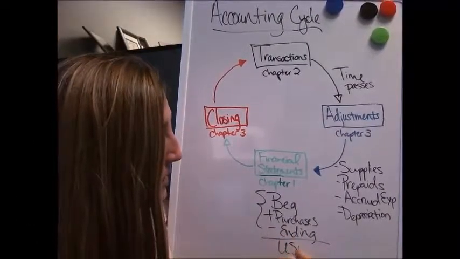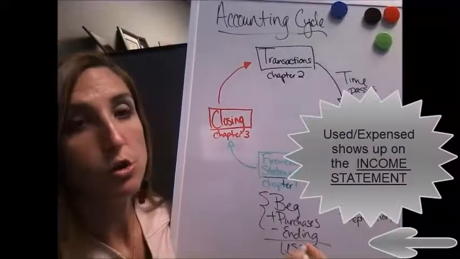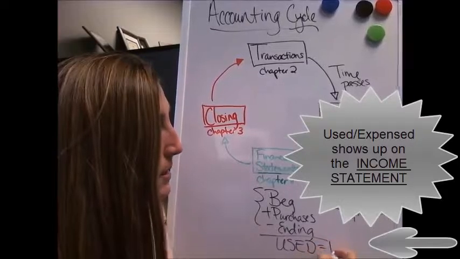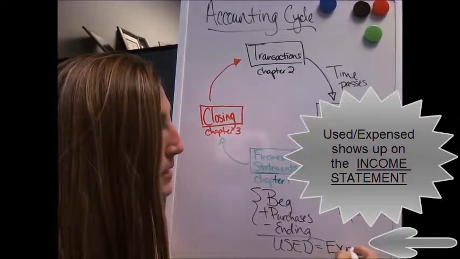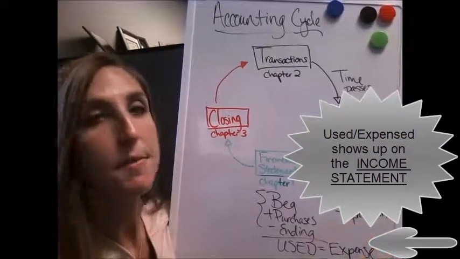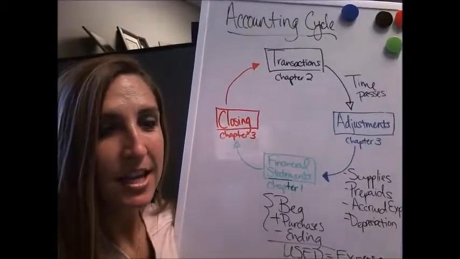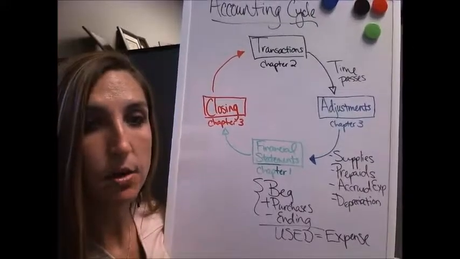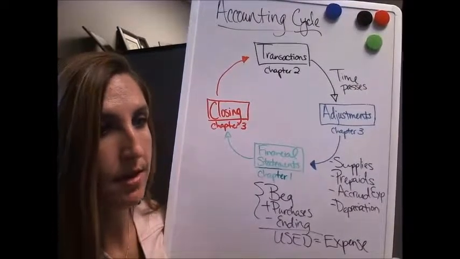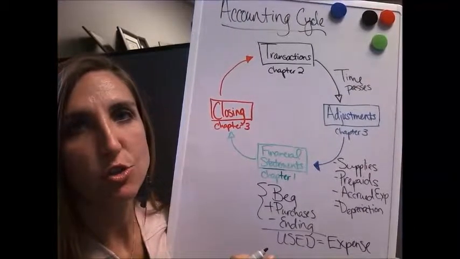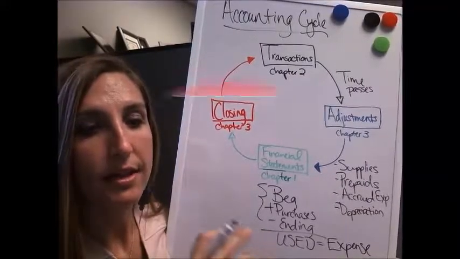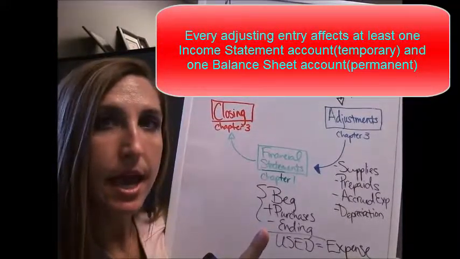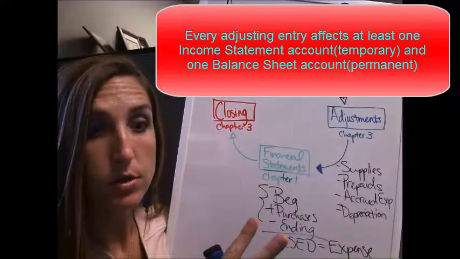That amount, the difference, would be what we called our used, and that would be your expensed amount. Now, supplies expense is not the same thing as supplies. Supplies expense says here's how much we used, and then the supplies are a permanent account that say here's what's left. Every adjusting entry is going to have at least one income statement account and one balance sheet account on